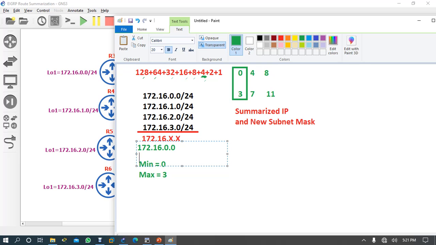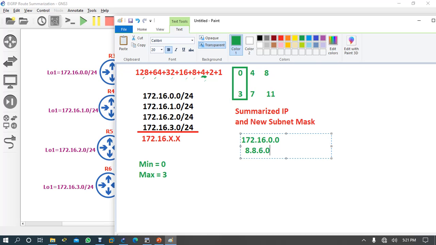The default bit was 8.8 because I did not change it. I made no changes in these two octets, so it is 8.8, and here I made changes. I wanted to have 4 here. So how many bits have I taken? 1, 2, 3, 4, 5, 6. So 6.